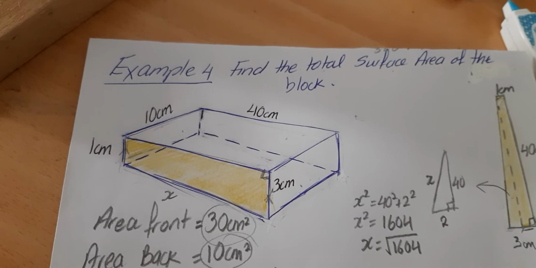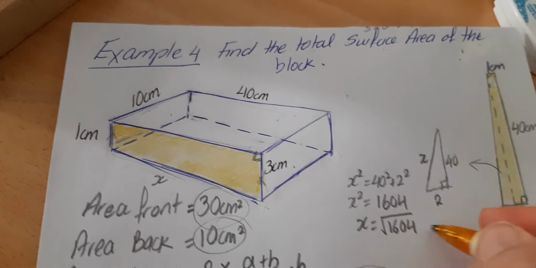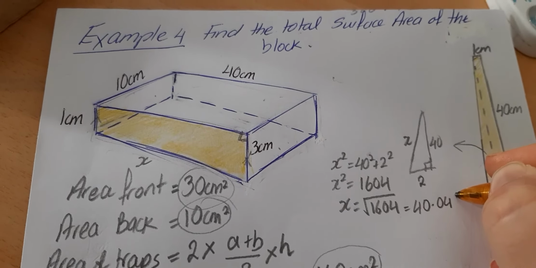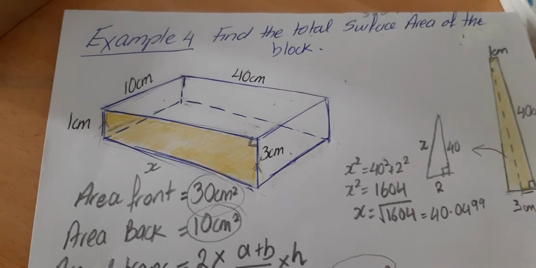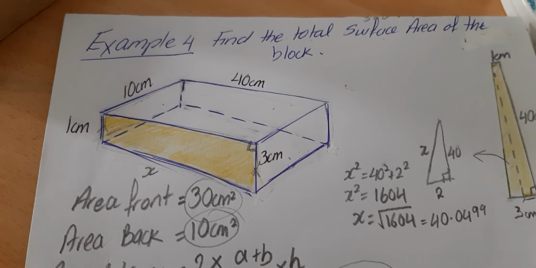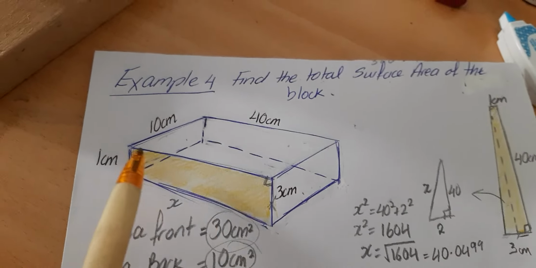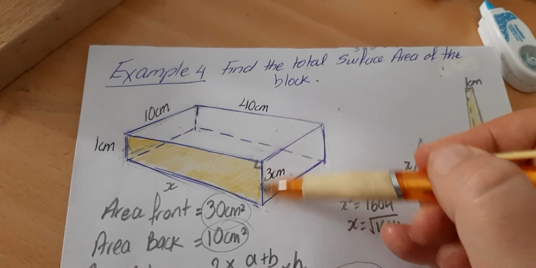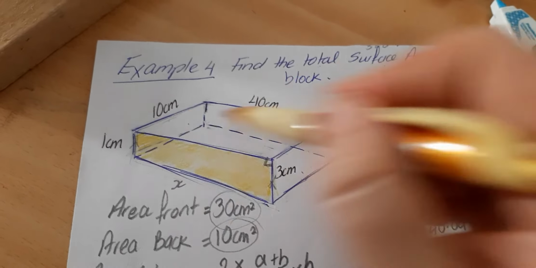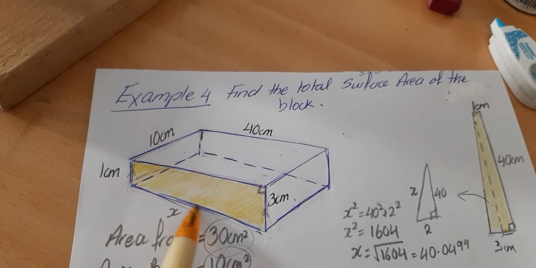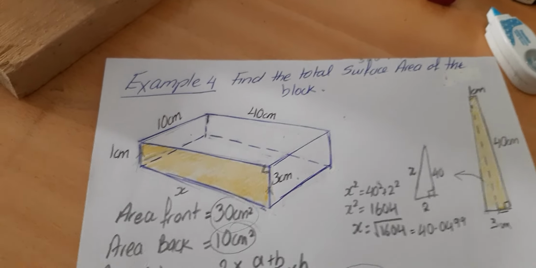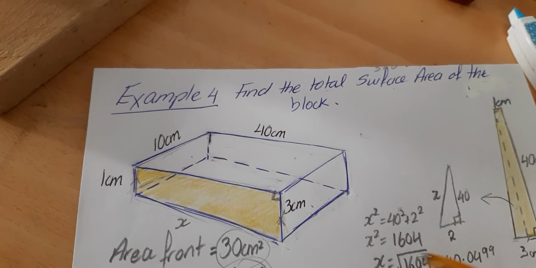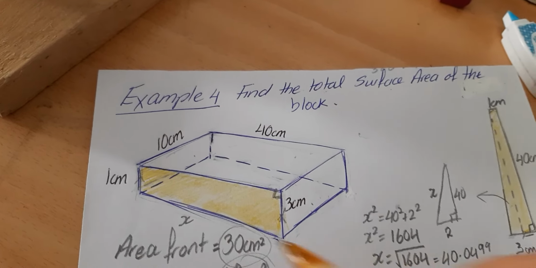If you put that in your calculator, you will get 40.0499. So it's 40.05. So it's almost 40. It's very close because this is so long, and there is very little difference between these two here. So imagine that's going slanting very slowly. It's not very steep. So let's now find the area of the bottom, knowing that this is a rectangle